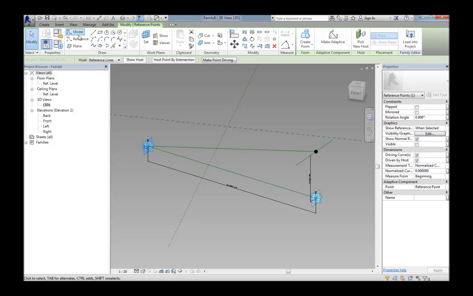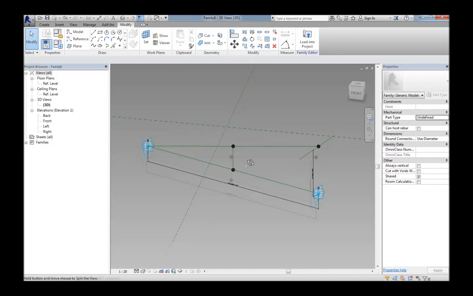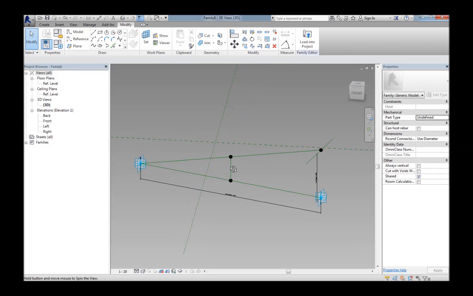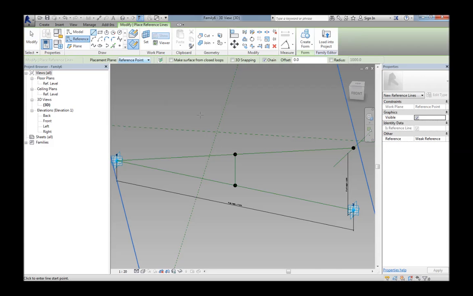If you snap to the endpoint, I found it changes the planes on the reference line, and that messes things up. So now we want to draw the vertical line, and this vertical line is going to establish the center of our overall profile. So you see, I activated the plane on that point,